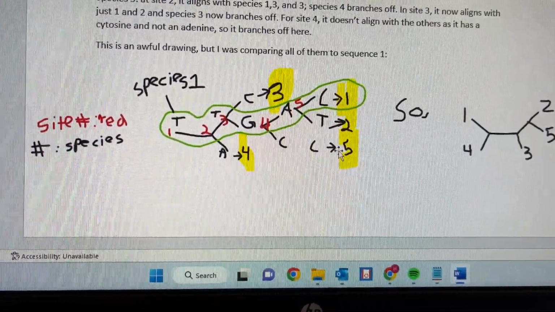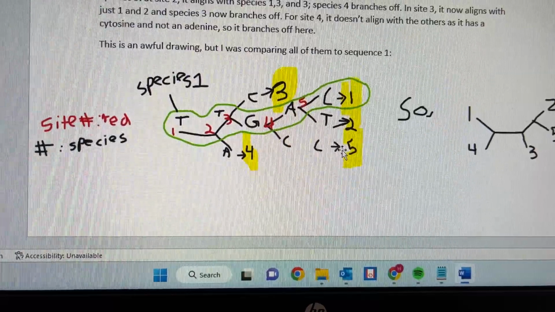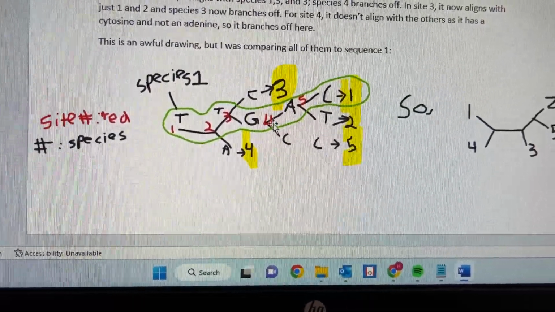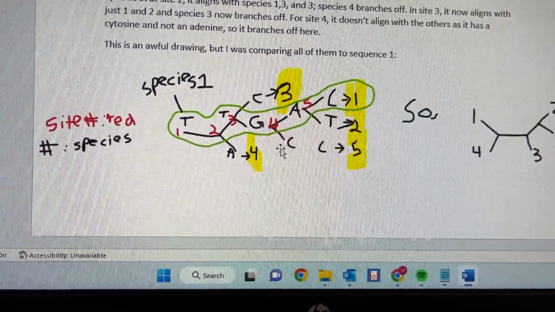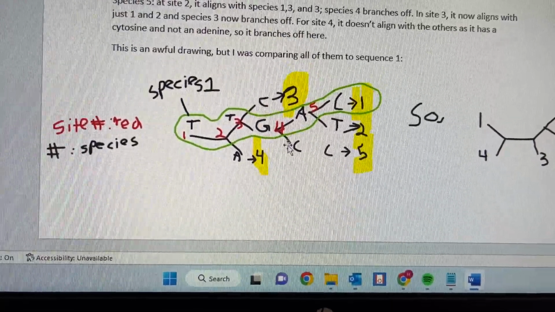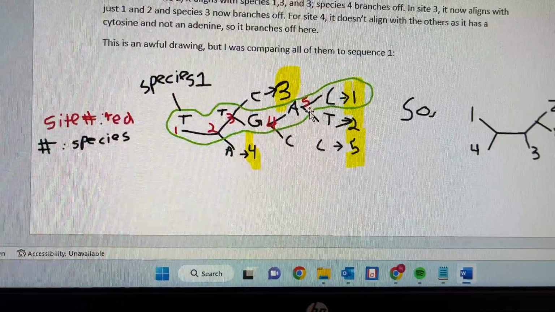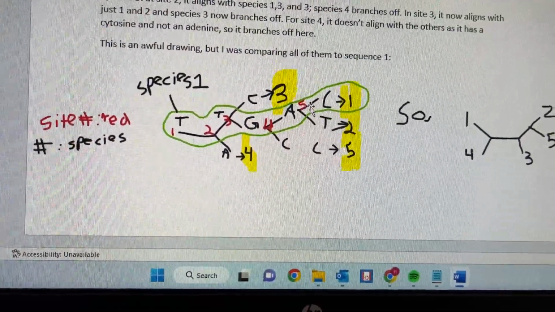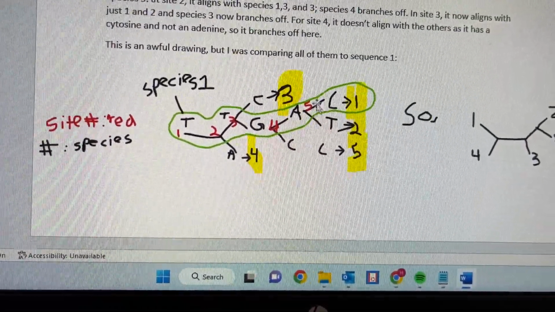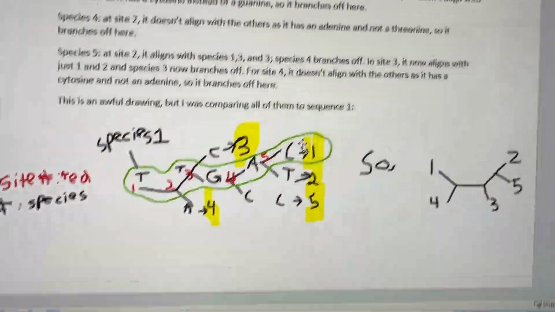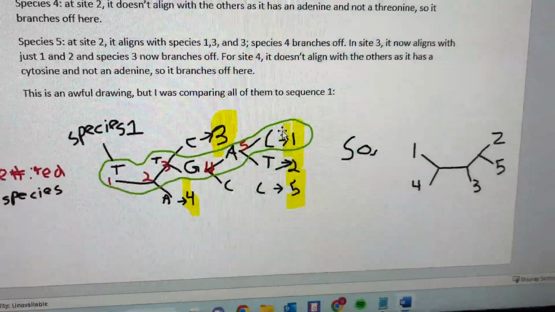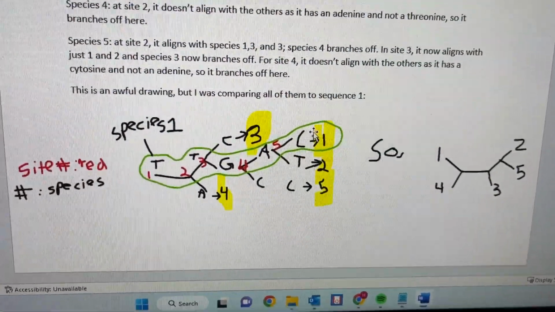this is supposed to, I forgot to put a line in here. But it's site 4, sequence 5 has a cytosine, the others have an adenine. So sequence 5 branches off. And then at site 5, you have 1 and 2 being different. So when we make the branching, you have to go,